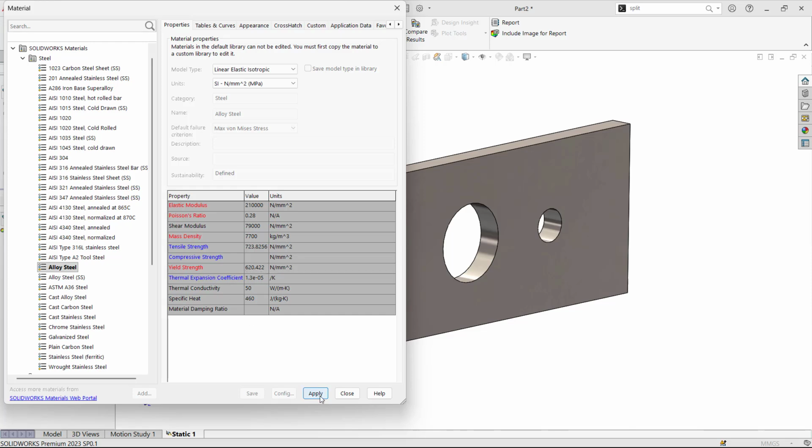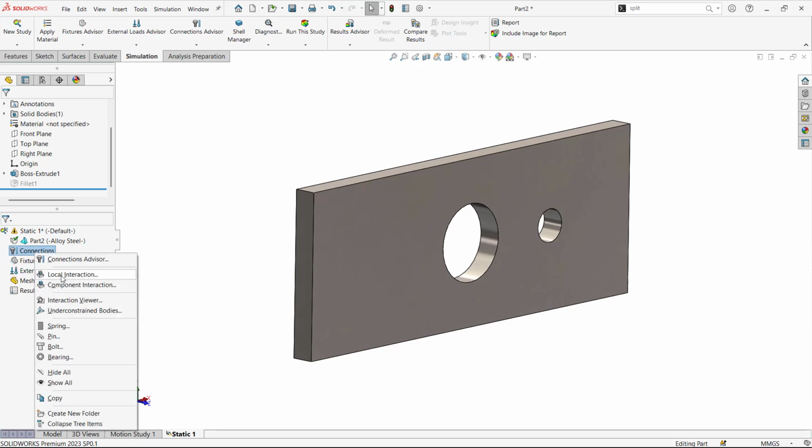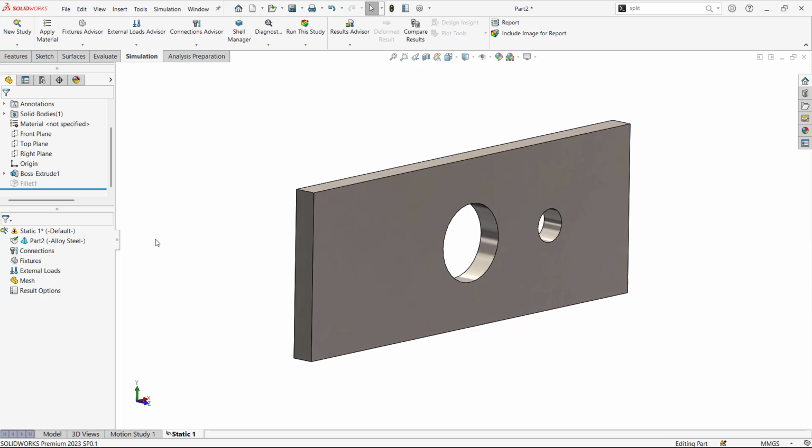Fine. So once you apply the material, the next step is to apply the connections if we have them. We might be having contacts. There are a lot of options to define. So in the next session, if I take the assemblies into account, that time I'll show you how you can assign the contacts here. So just forget about the contacts now. That's a vast topic you need to explore. Now, if you don't have any contacts in the model, assume your model is very simple, so for that, you can neglect the contacts and go ahead